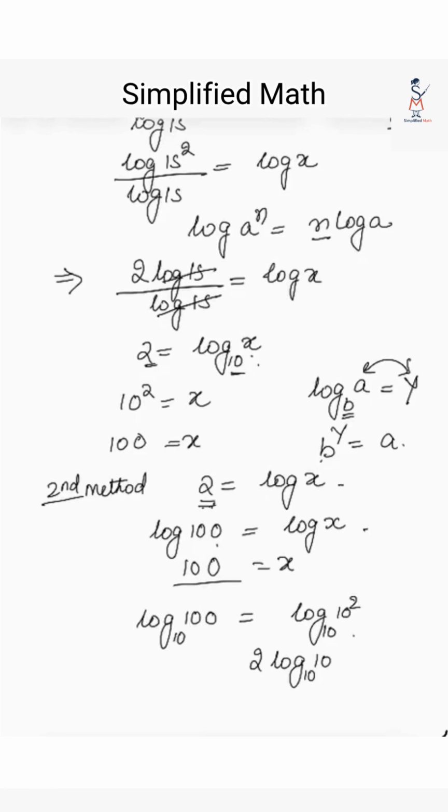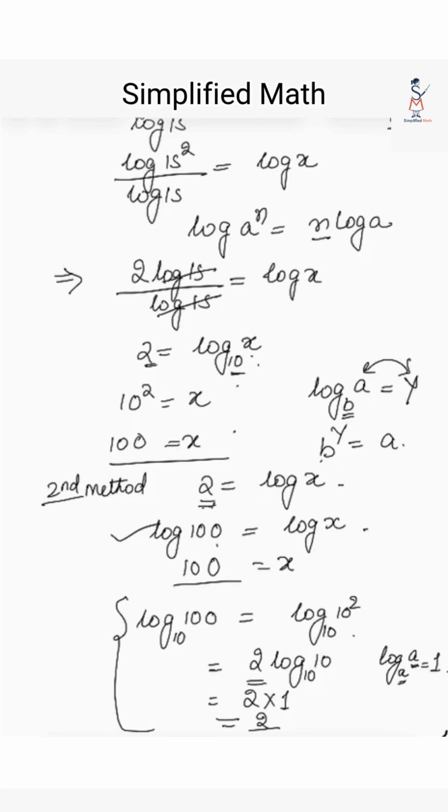Fine. This is the rule that any log having a power of any number, that number comes in front of the log. So log 10 raised to the power 2 can be written as 2 log 10 to the base 10, and we know any log having the same number and base, the value is 1. So this becomes 2 into 1, that is 2. Either way you can do it. You can directly write 2 as log 100, or you can change it into exponential form as I have done in the first case. That depends on you. And why this is 2, that I also explained to you.